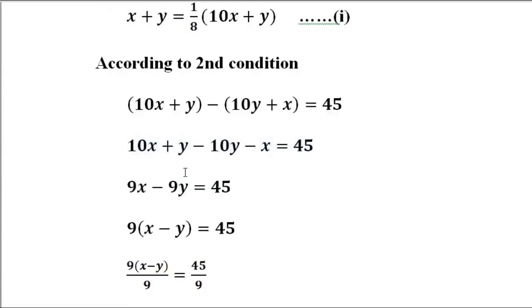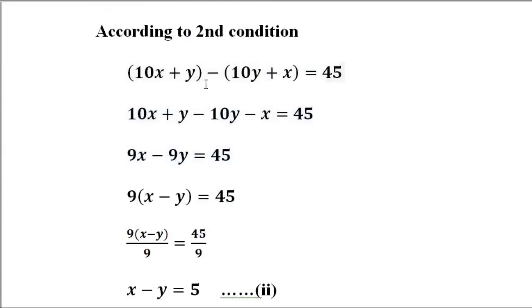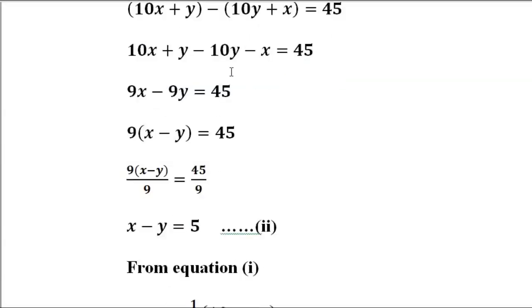I'm going to solve this equation for x and y. So it's time to multiply this negative sign by positive 10y and positive x. We get negative 10y, negative x. Now 10x and negative x is 9x, and positive y and negative 10y is negative 9y. Now if we take common between these two terms, and the common term is 9, we get 9(x - y)